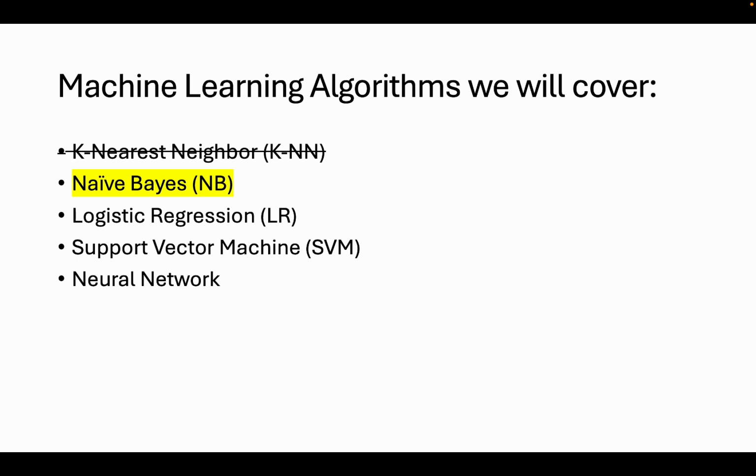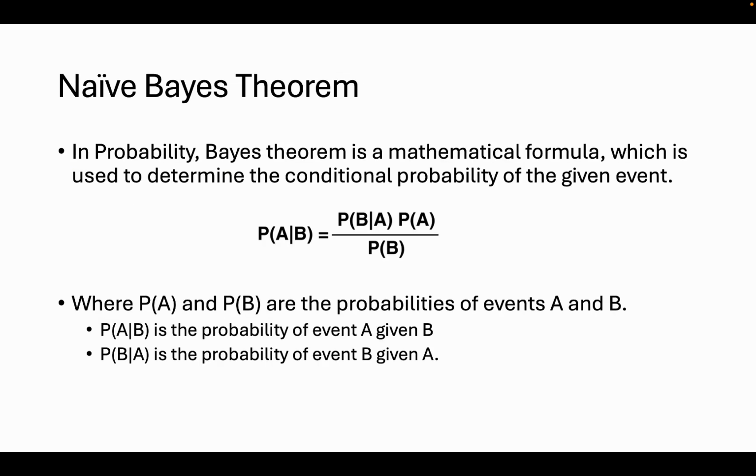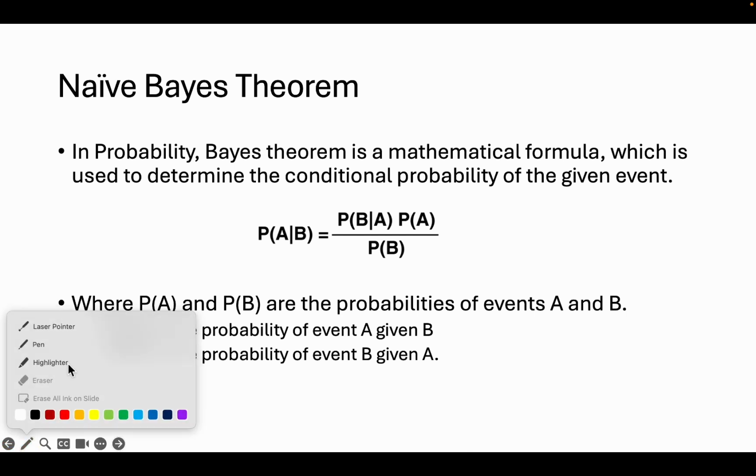So before we jump in and apply naive Bayes, let's first understand the concept behind it. In probability, to understand the naive Bayes algorithm, we first need to understand Bayes theorem. And in probability, Bayes theorem is used to determine the conditional probability of the given event. Now, if we try to understand this with the help of